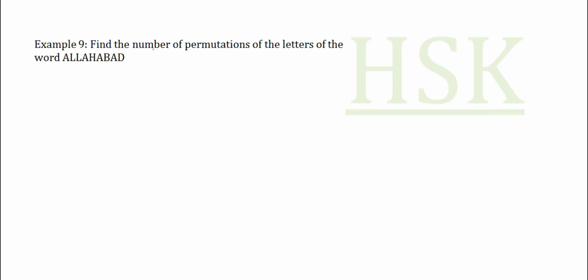Example 9. Find the number of permutations of the letters of the word Allahabad. So in this question, we are going to apply this theorem. The number of arrangements of repeated objects is given by n factorial upon p1 factorial into p2 factorial and so